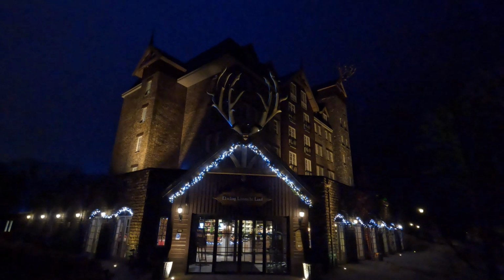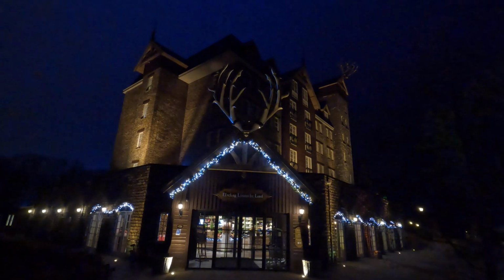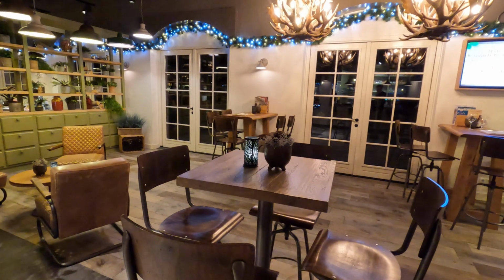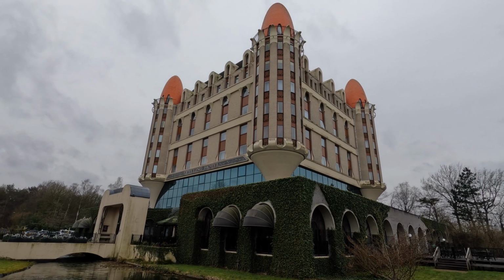To conclude, the Loonsche Land Hotel is a disappointing experience at Efteling, an overpriced, under-delivered room and hotel which gives the impression of a budget hotel that was trying to cash in on a popular brand. Whilst the restaurant was okay and the children's area a lovely touch, the hotel room had the bare minimum it could give guests. If you want to spend the night at a hotel in Efteling, the Efteling Hotel is a